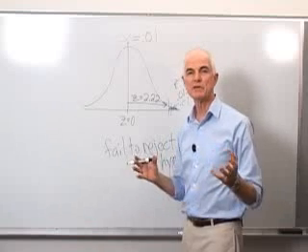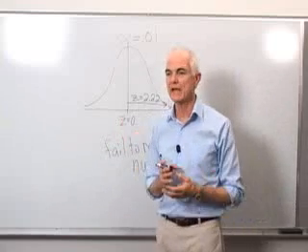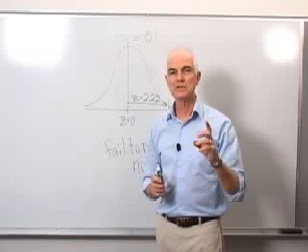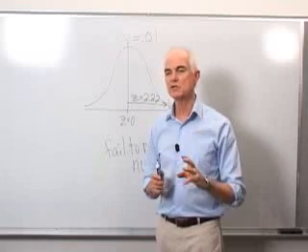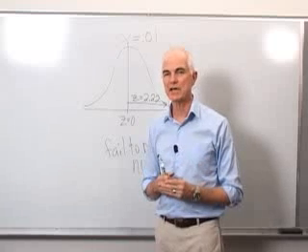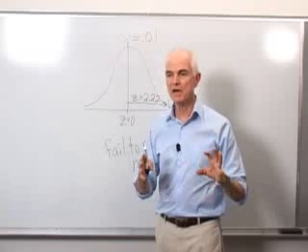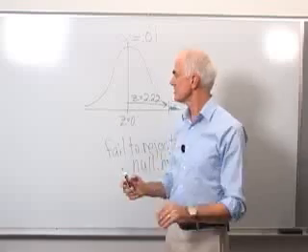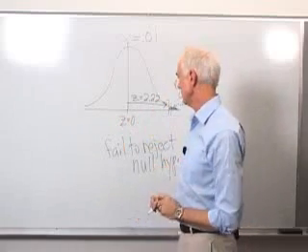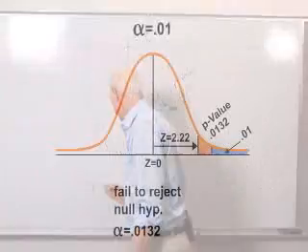A conclusion can be reached about p-values from seeing these two examples and from other information that we have. We can say that a p-value defines the smallest value of alpha for which the null hypothesis can be rejected. It is the smallest value of alpha for which the null hypothesis can be rejected. So in this particular problem, the smallest value of alpha for which we could reject the null hypothesis is an alpha of